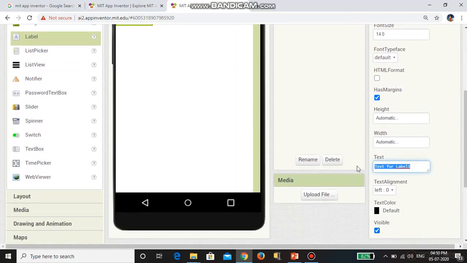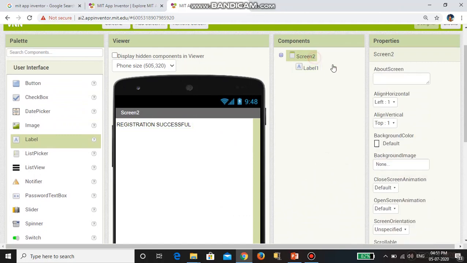So for this I am giving the label registration successful, and I am giving center and middle.